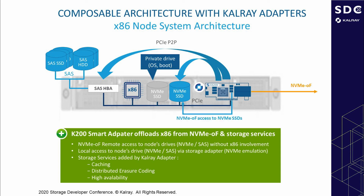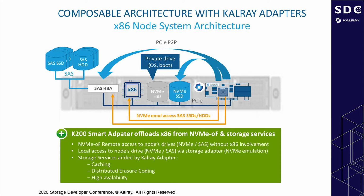Typically, an access from an NVMe over Fabric initiator to an NVMe drive will be performed by the NVMe-oF to NVMe translation. Same for the SAS HBA. We will have NVMe over Fabric to SAS block translation. Access to a local SSD is still possible using the NVMe emulation to NVMe. And same for local access to SAS drives. We can see in this case that the